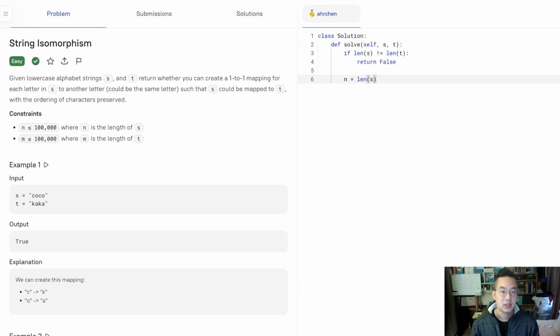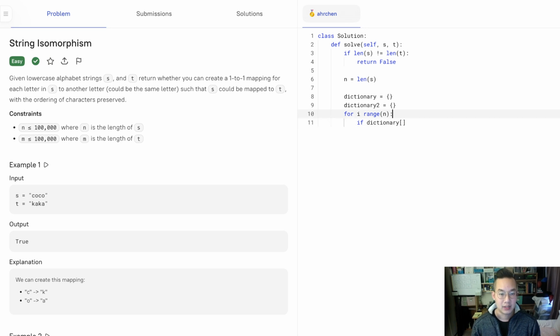So n is the length of S. And we're going to go through each item of n, and this will be for both the S and the T. So we need to create some dictionaries, and we want to map it from the S to the T, but at the same time we also want to map it from the T to the S. The reason for this is because if you look at cat, you can match C to T, A to O, and T to O. But when that happens, as you can see here, dictionary S of i,